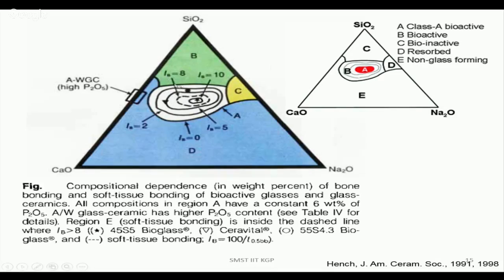So in this area, which is very rich in silica, as we know that silica is toxic, so that is why zone B, I think, here in these two pictures is a little bit different. So here zone B is, here it is zone C. So zone C is bioinactive, whereas zone D, here is zone E, is non-glass forming, because silica is a